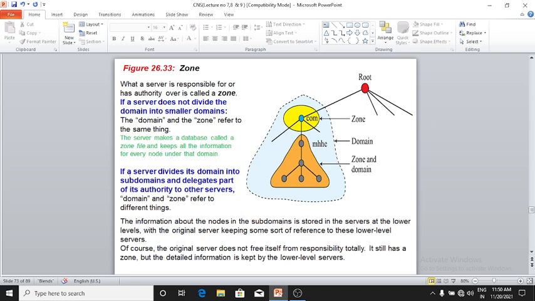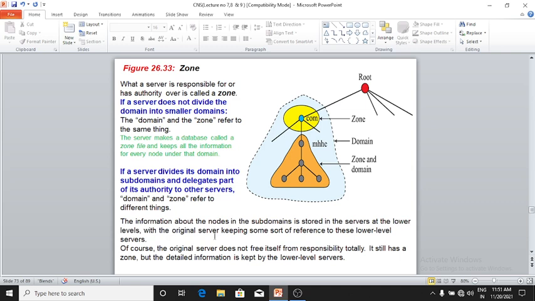Okay, if a server divides its domain into subdomains and delegates part of its authority to other servers, domain and zone refer to different things. The information about the nodes in the subdomains is stored in the servers at the lower level.